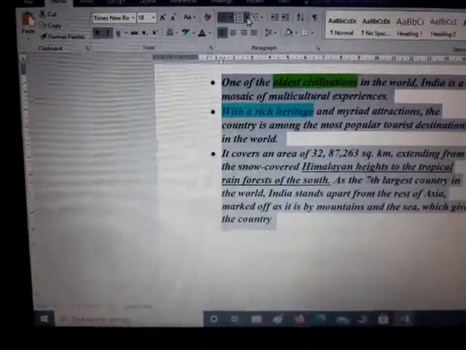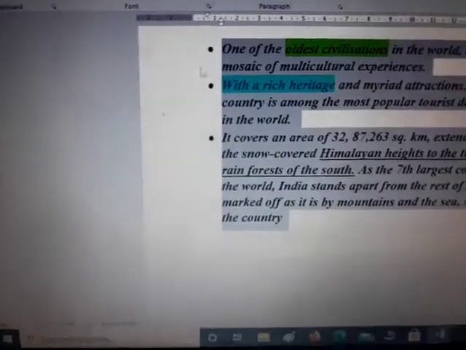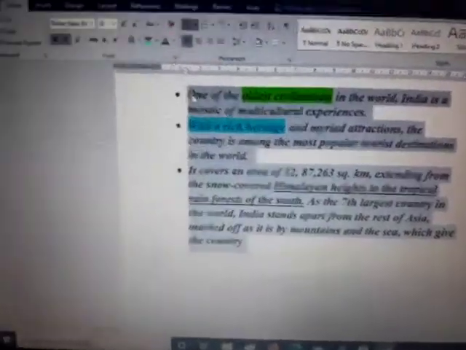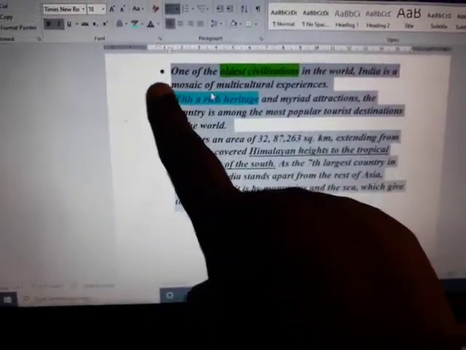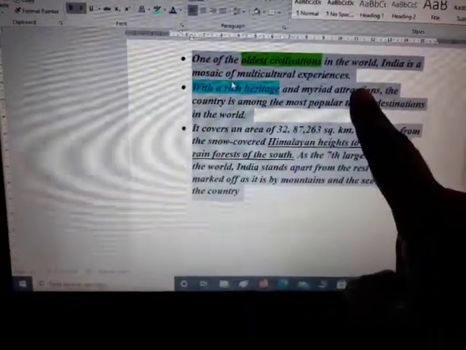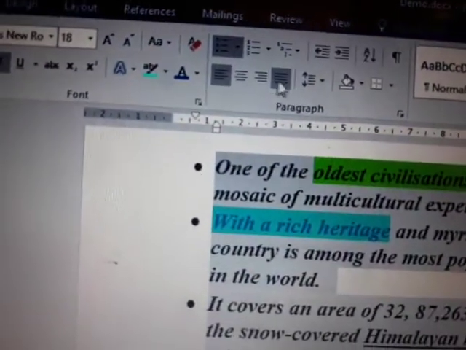Okay, then you can give numbers as well, ABC, whatever you want here you can select. Now the text whatever is there here, that is from left to right, you can see here from left to right. But if I want the text to be from right to left, then what I'm doing, selecting the complete text, and here I'm putting it this. So the text has changed from right to left, so it's like this.